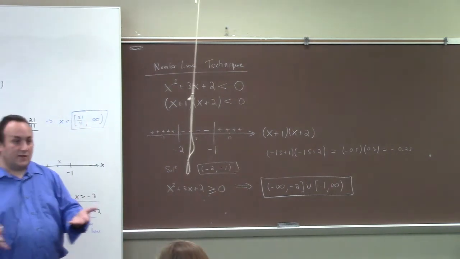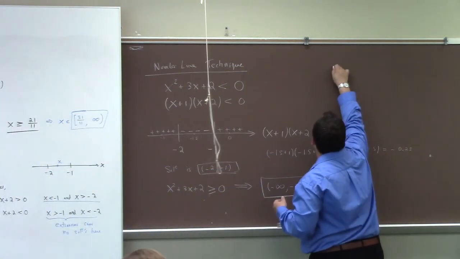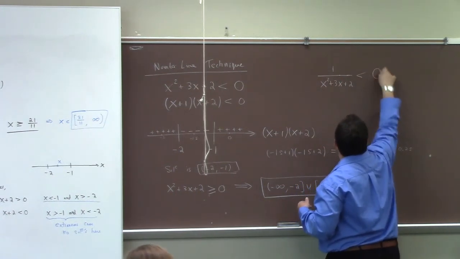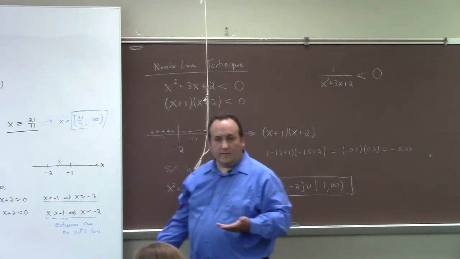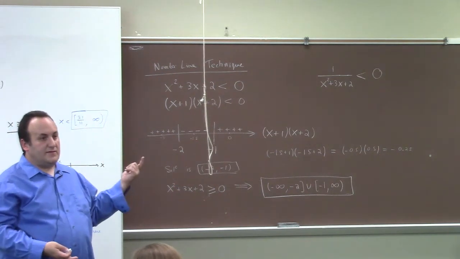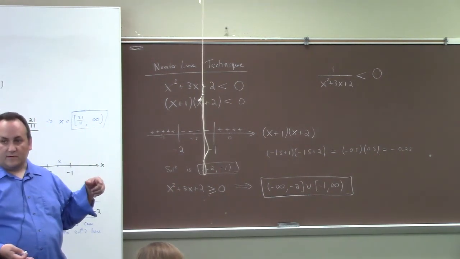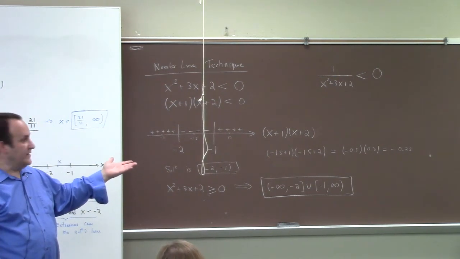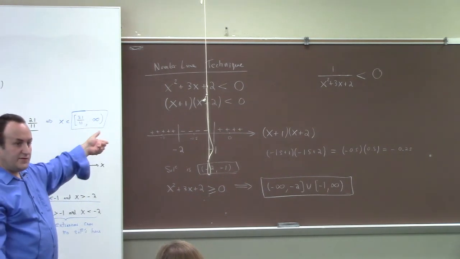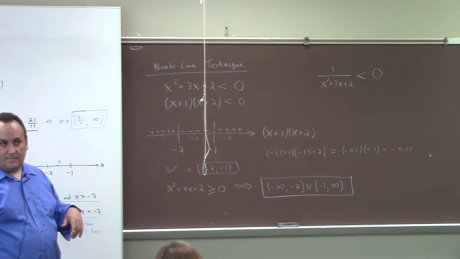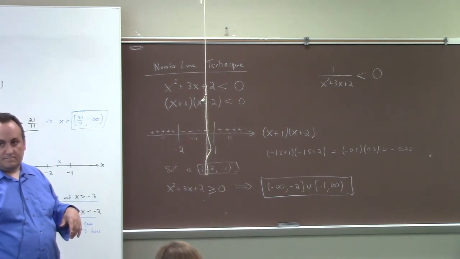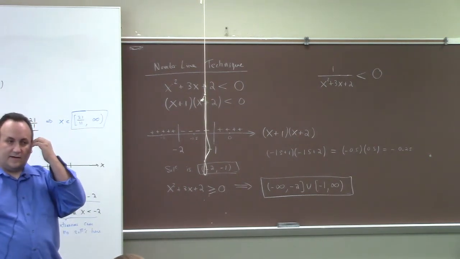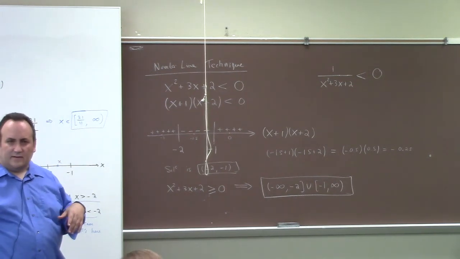I could just as well solve this example. If I solve that example, it's the same number line because that factors to reveal x plus 1 times x plus 2. It's got vertical asymptotes at minus 1 and minus 2. Again, the same number line. In fact, the solution to that inequality is the same as the first one I worked. So this is what I'm trying to say, is that you can solve a multitude of problems using this number line technique. Now, they have a table that they use instead, but I think the number line is easier